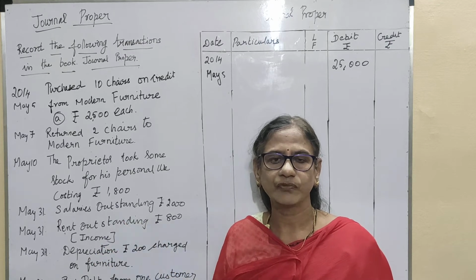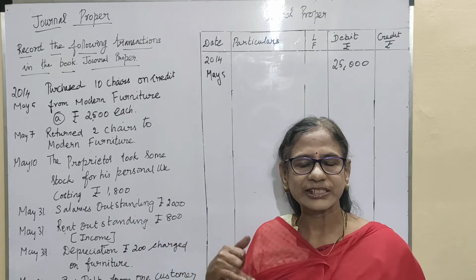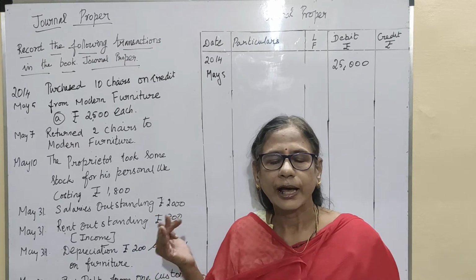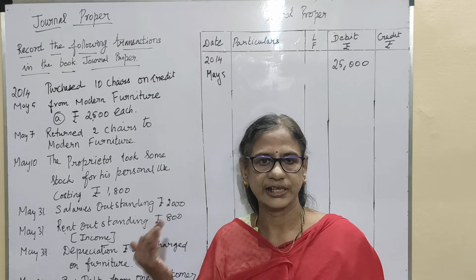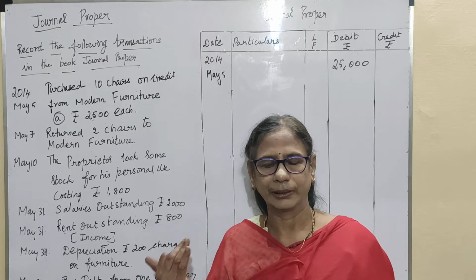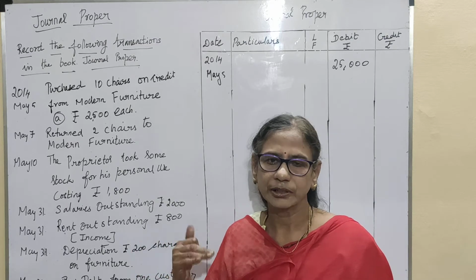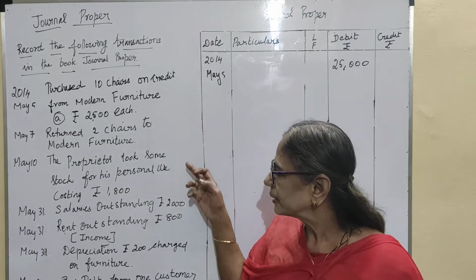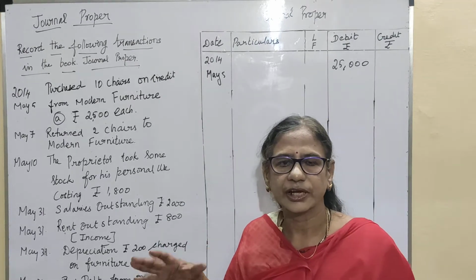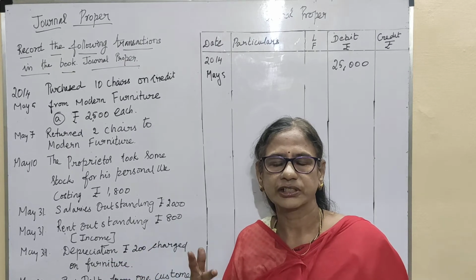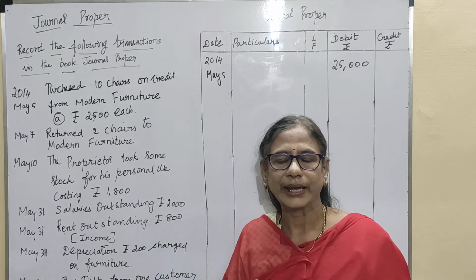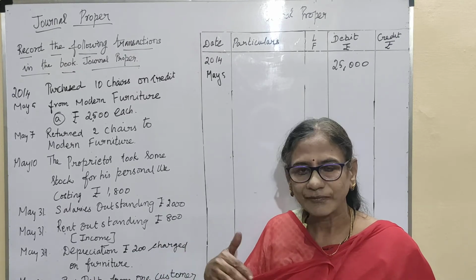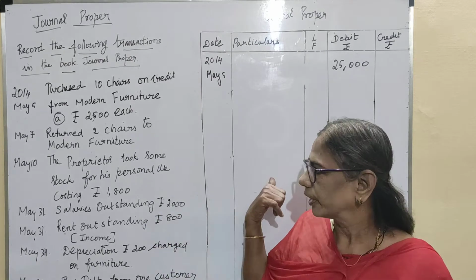Generally, all cash transactions will be entered in the cash book, and credit purchases will be entered in the purchase day book. Credit sales will be entered in the sales day book, and credit sales returns will be entered in the sales return book, and purchase returns will be entered in the purchase return book, or return outward book. Other than that, some transactions such as depreciation on assets, purchase of asset, return of the asset, bad debts, and some other transactions related to bills of exchange, which we'll discuss in the next chapter, are entered in the journal proper.